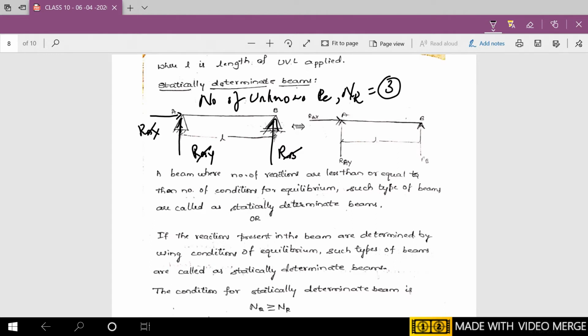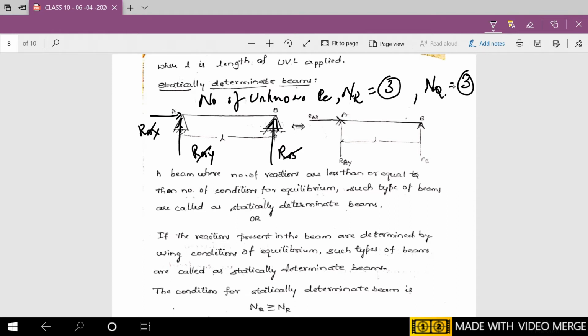So you know that this is an example of a coplanar non-concurrent force system. The forces themselves don't pass through a single point. So the number of equations of equilibrium that you have is nothing but 3. That is, sigma H is equal to 0, sigma V is equal to 0, sigma M is equal to 0. I'll take that number of equilibrium equations as NQ. So if you have the number of unknown